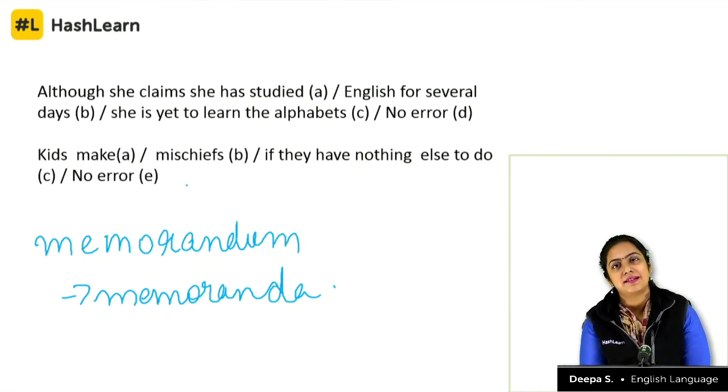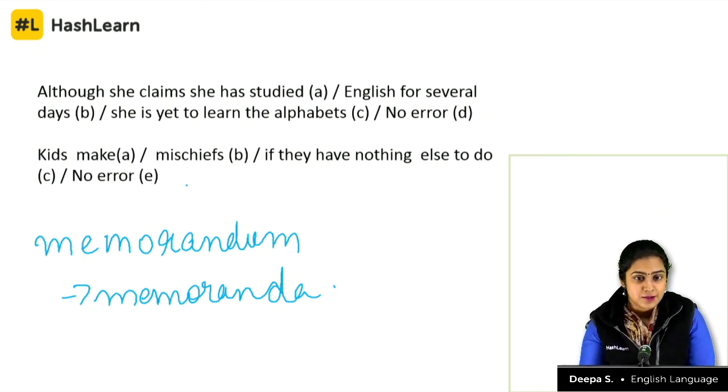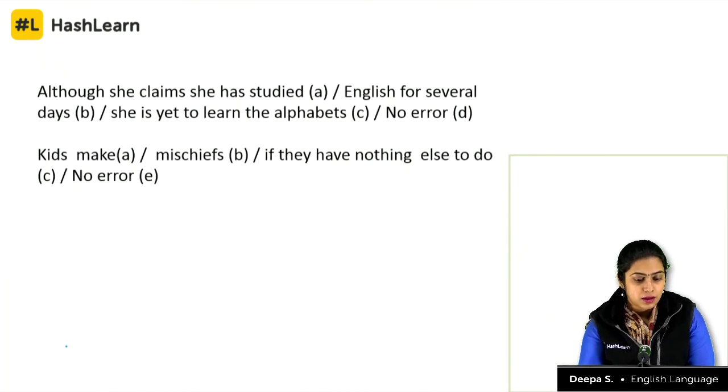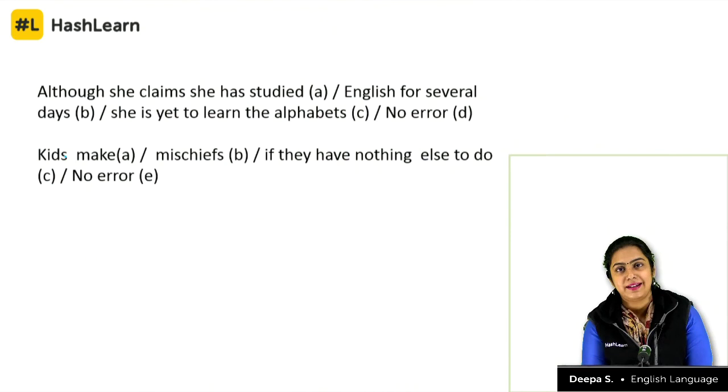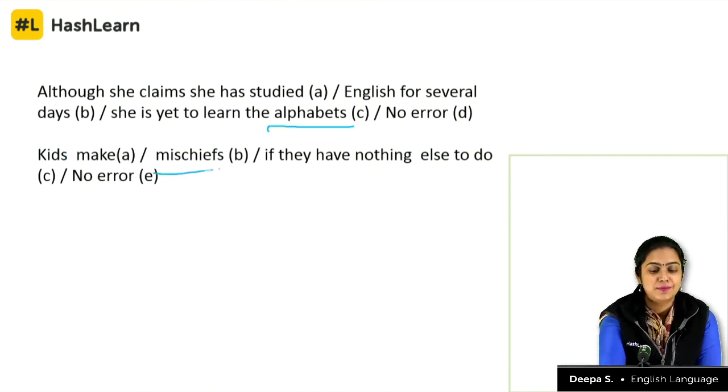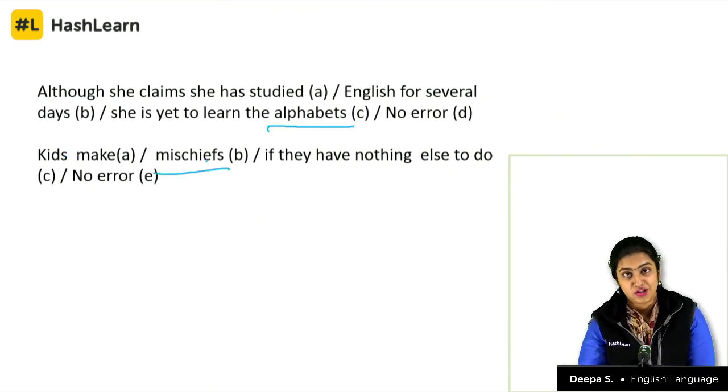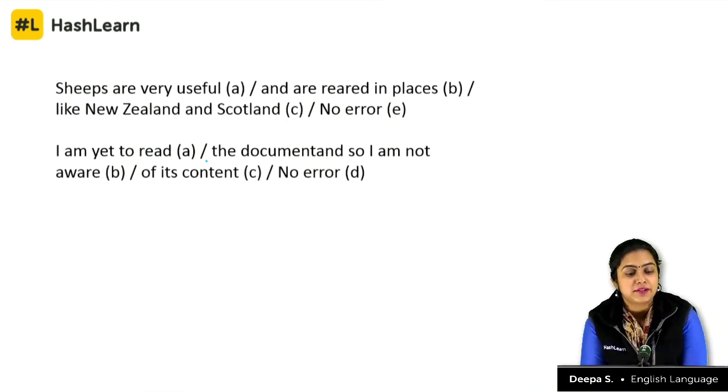So we'll also be discussing root words and all that in order to, number one, gain some interest in how words came into being, and two, to understand vocabulary, diction and all that. So why do some words mean whatever they mean? We'll look into that as well. So now look at this. The takeaway from this particular slide is alphabet, mischief, singular form.